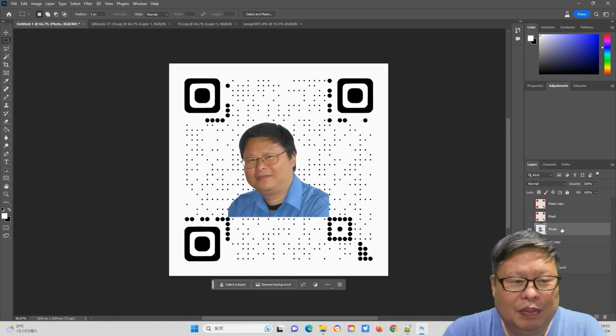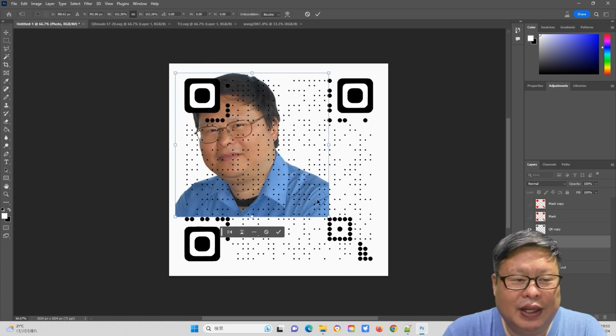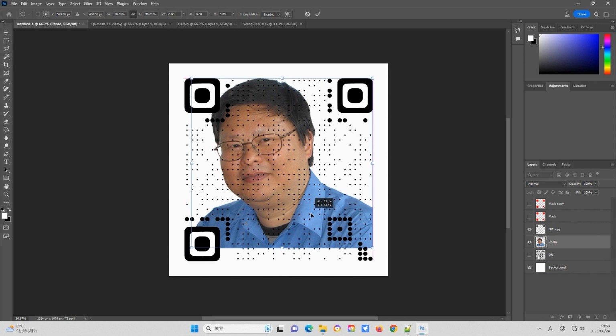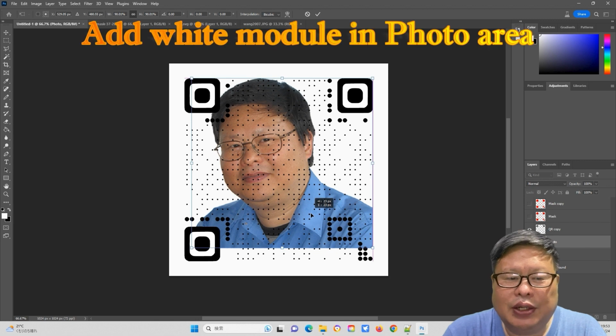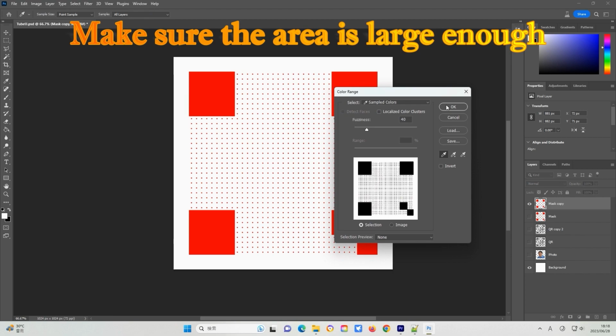Option 2. Place the photo layer under the modified QR layer, and enlarge it to your desired size. Since your photo contains color and not white, you will need to add a white module to fill the photo area. The color selection is also very useful.